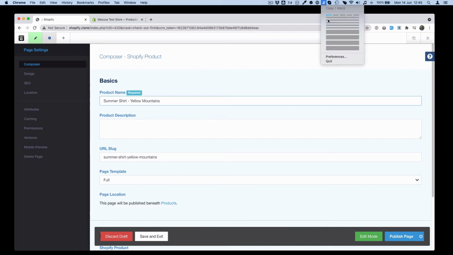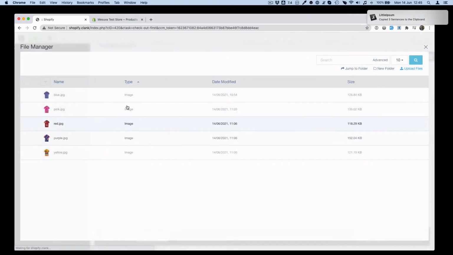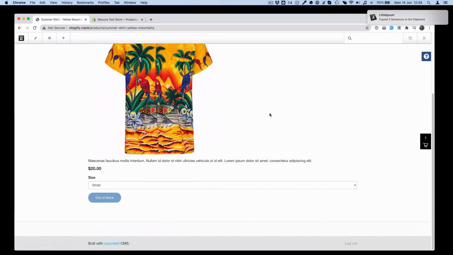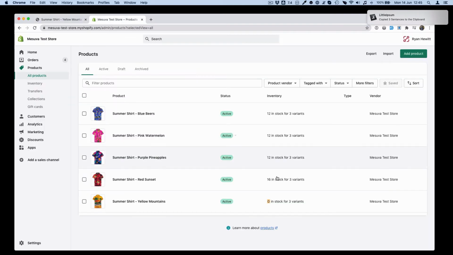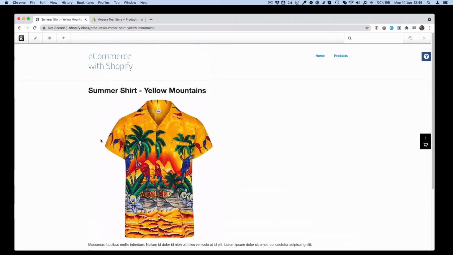And we'll add a little bit of lorem ipsum in there. And there's our product that's published. Now note this one is out of stock. So these things here will automatically reflect what is happening in your Shopify shop. So it will reflect your stock levels. It will also reflect the different prices. So if you have different options, and you can have multiple options per product, it will change the price and